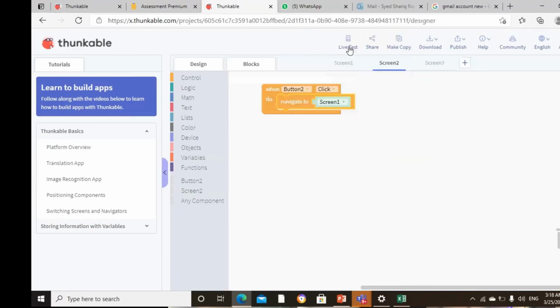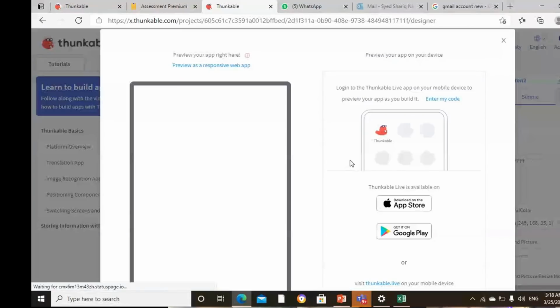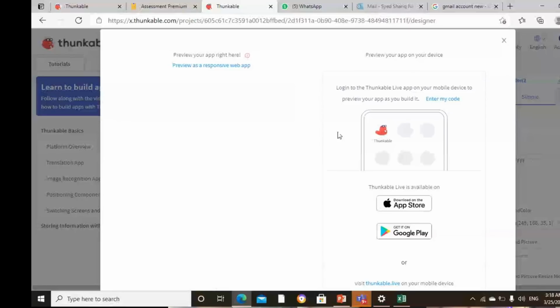I want to test this. I will click on live test. So when I press Button1, it will go to screen 2. When I press Button2, it will come to screen 1. So we will check, is it working or not?